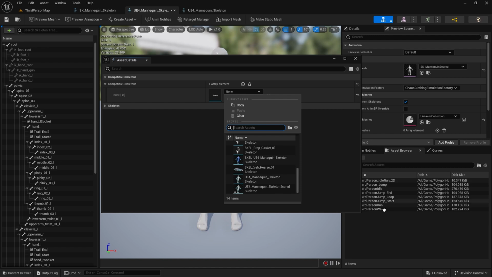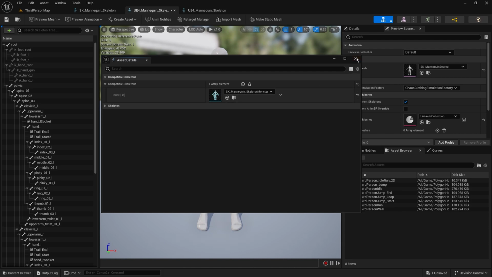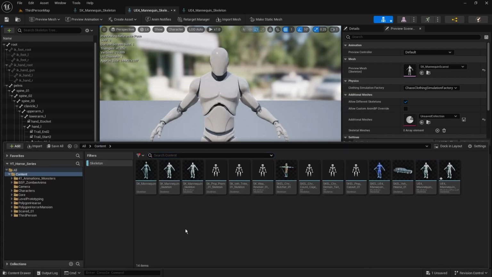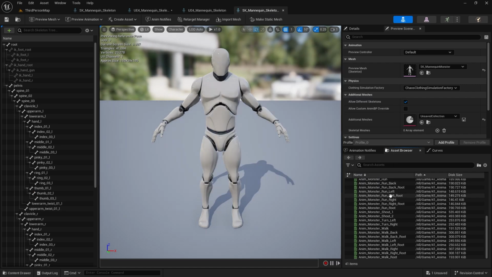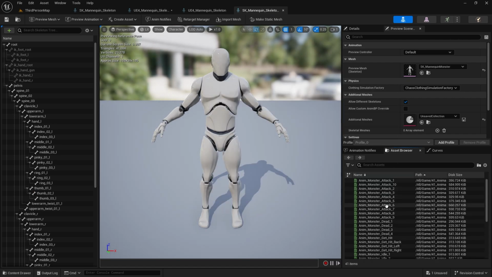So we know this one here has just these base animations for locomotion. It's called mannequin underscore skeleton scared, and let's go with the horror one because we know the horror one is a different one. So skeleton monster. So I'm going to make this compatible with skeleton monster. But if I just go and have a quick look at skeleton monster, it has all these anim underscore monster animations,